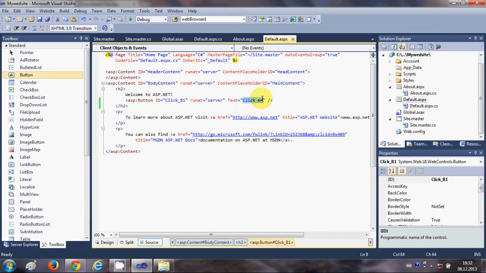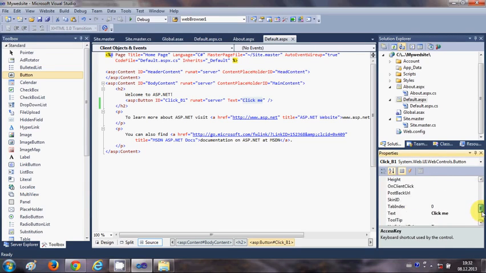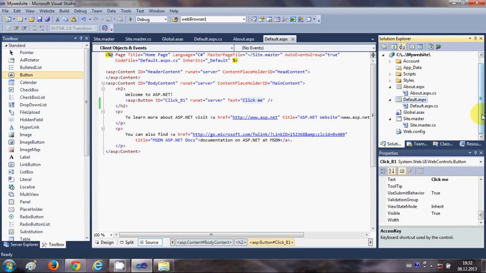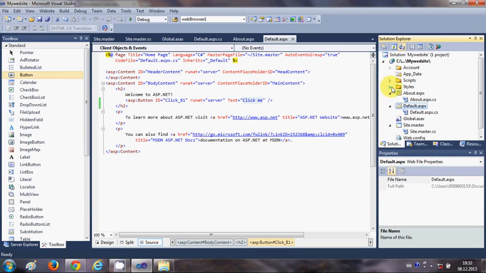It will generate the ID for the button, and it will generate the text for the button, as we have changed the button properties from our property explorer. Okay, so this is done, and it will by default also generate a site.css file, which is a style file,